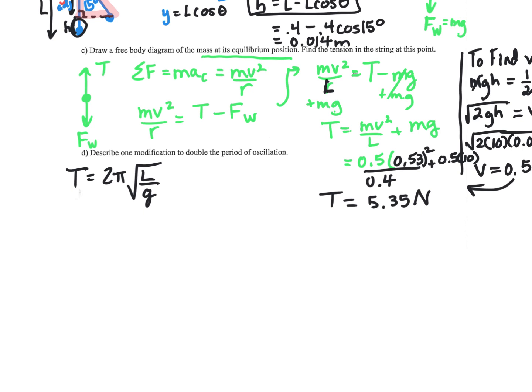But the only thing here that I can adjust is the length. So how would the length have to change to get a 2 to pop out? Well, the square root of what is 2? Yeah, you got it, 4. So to get twice the period, we would have to get 2 pi square root of 4L over g, correct? So we would have to do 4 times